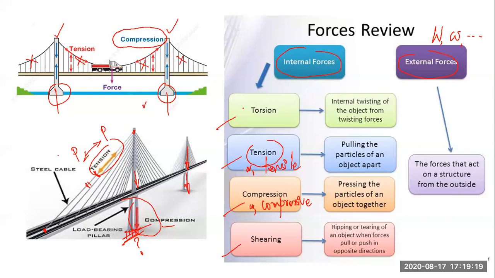The torsion: if there is no loading, if there is no twist, there will not be internal twist. If you give an external twist by your hand or by a plier or by any mechanism externally, there will be internal twist. Internal twist is torsion. Shear is actually the result of internal forces, but shear alone is not possible to carry on. So it is associated with the secondary internal forces like torsion, like tension, like compression.